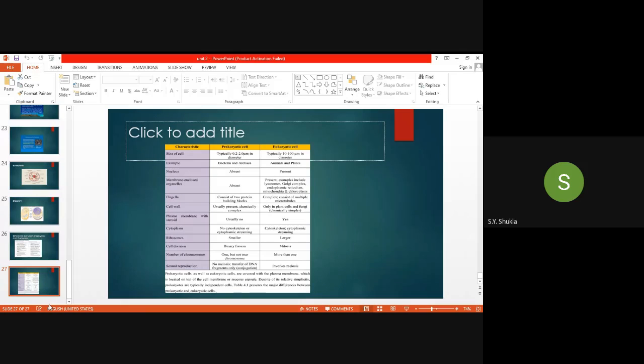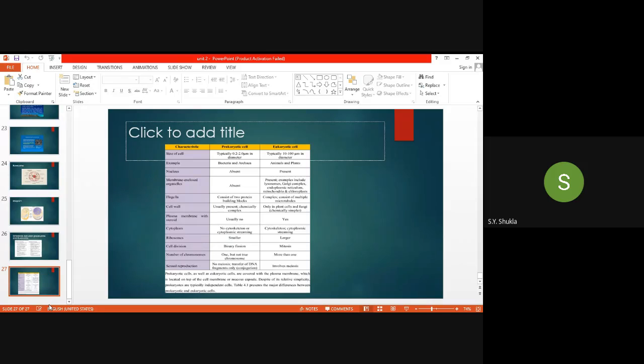It is from 0.2 to 2 micrometer in diameter, and in the eukaryotes it is from 10 to 100 micrometer in diameter, so there is that much increase in size. And so a wider range is present in the eukaryotic cell than in the prokaryotic cell with regard to size. Okay, with regard to size only, and variations we will discuss later on.